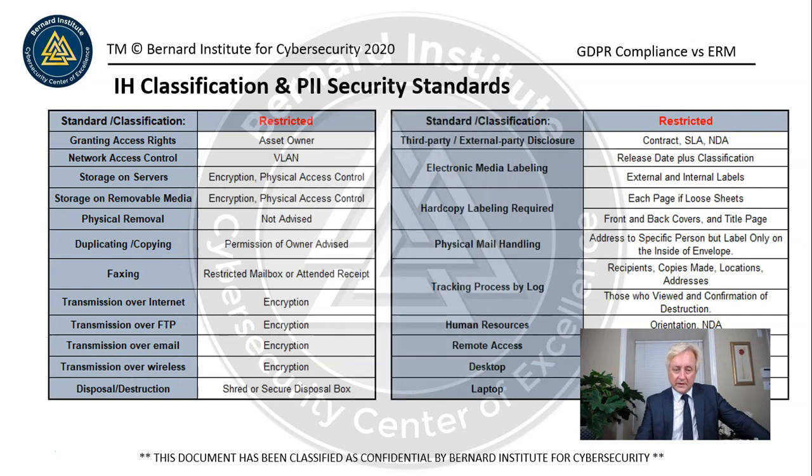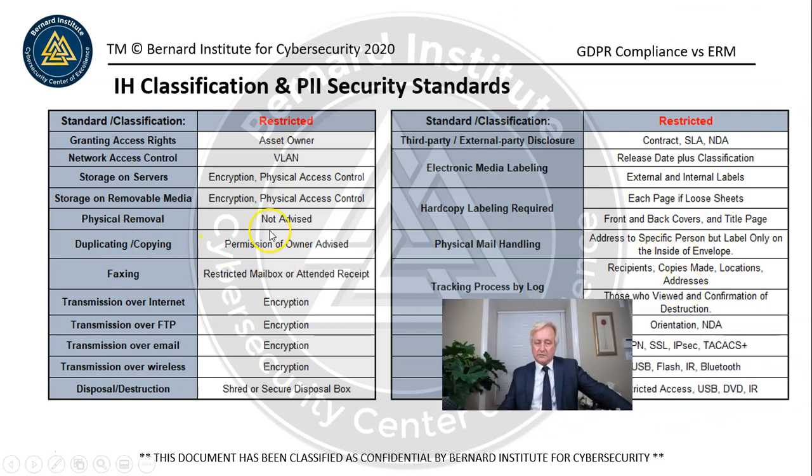And then restricted. So we have, again, a number of different levels. This is the highest level of control. So you can see physical removal not advised, network access VLAN. We talked about that earlier in the security architecture. We talked about encryption and physical access control. So we have some restricted control. So the information may be contained in a locked room where they don't have access to, or they might have access to and nobody else does. The data needs to be encrypted.